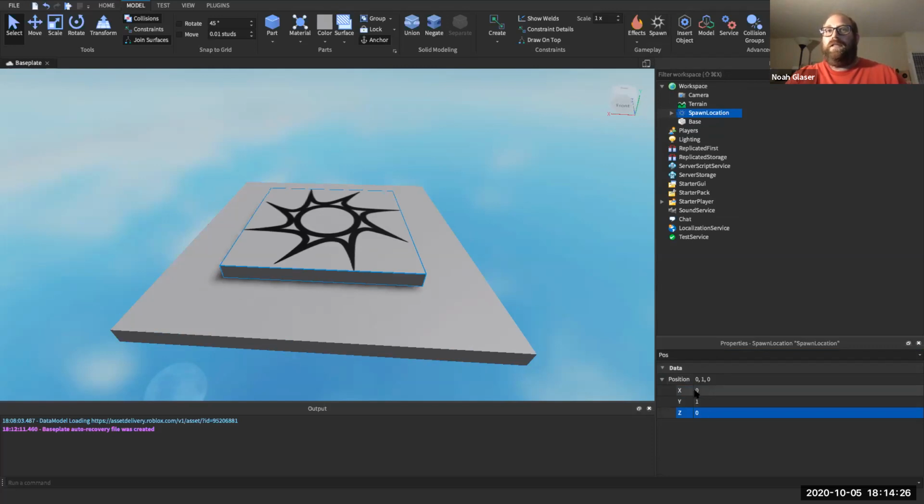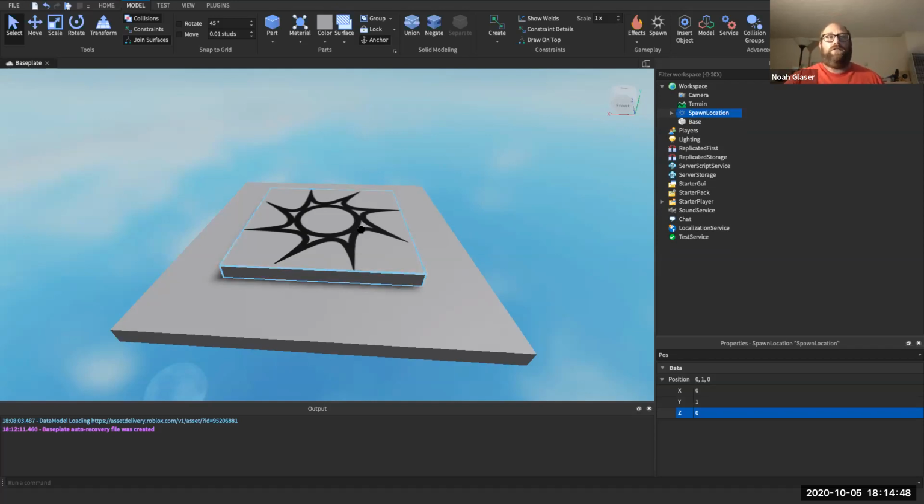So that'll put it right in the center of the part, and then one for the Y because it's one stud up. So that's going to put it in the center. I don't do this exactly with the kids because they're not as concerned, but we're just going to make ours look good. And then if I click play,